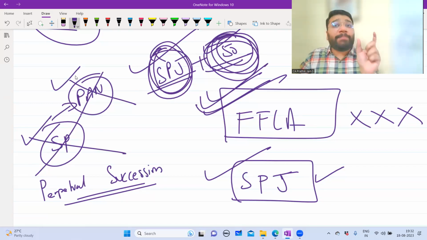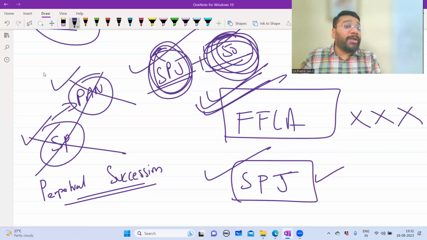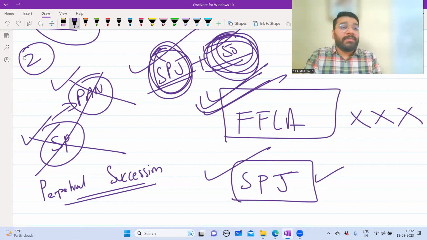But there is one exception. If you mention in the agreement that upon the death of a partner we can continue the business, if you mention that clause, you are safeguarded. But that too, only if there are more than two partners. If there are two partners and one dies, gone. One died. What will you do? Can you run as a single person? Not possible. You have to dissolve the business. In partnership, this is the problem.